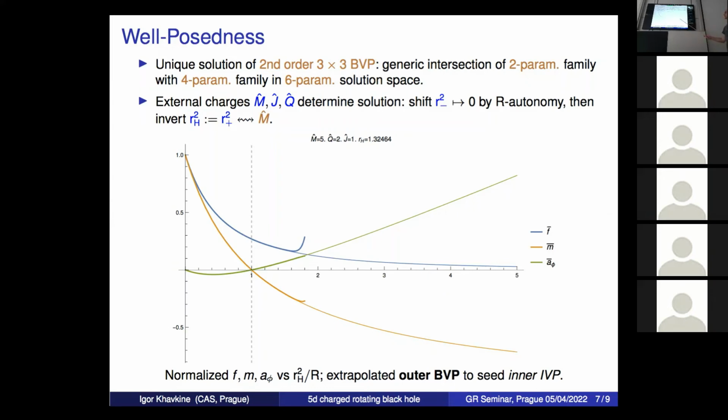So the details are in the paper. How to read this figure exactly? These functions that appear in the BVP system, the way that they're plotted here, they're rescaled by some powers of the radial variable. But